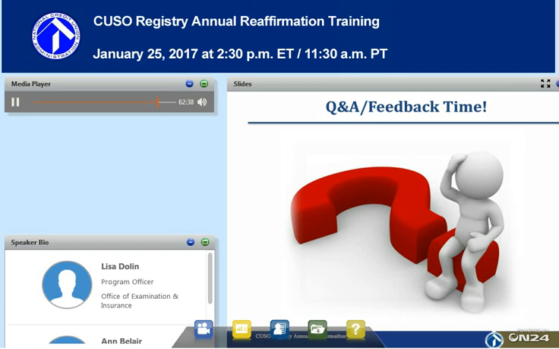Great. Thanks, Lisa. The next question is, how do you go about obtaining an ID and password? Individuals who filed last year are no longer with the organization, so we need to get credentials to be able to file. So as a user, you can create a user account in the system. If you have a CUSO that is in the system right now, and the individual who registered it is the only user,